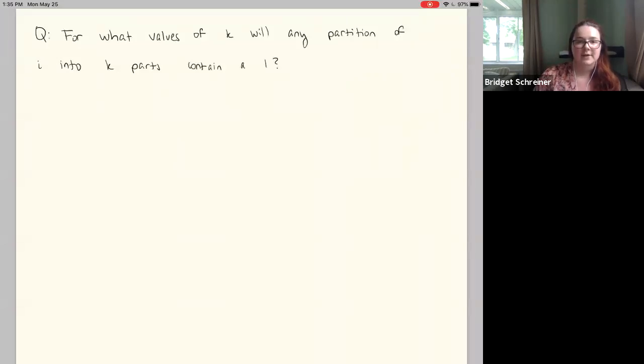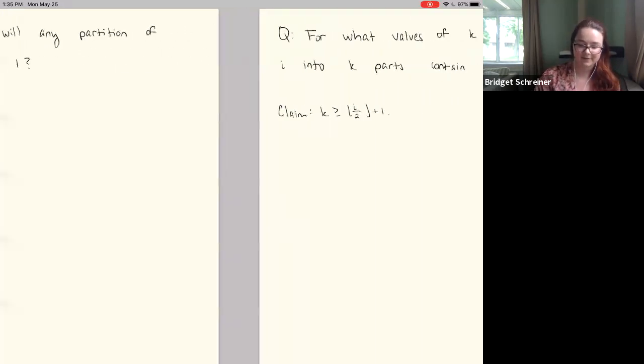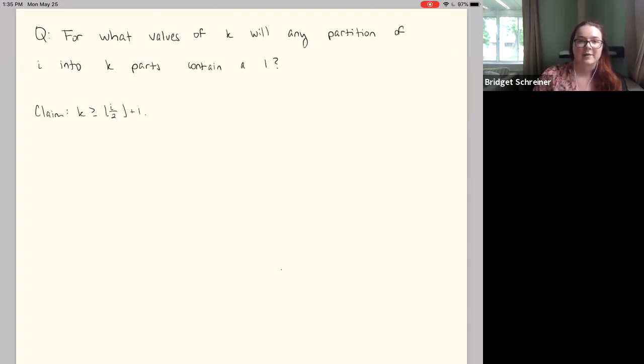So now the question of secondary stability for us in this model looks like just asking for which values of k will any partition of I into k parts contain a 1, which turns out to be an easier question to answer. So if you just take floor, for example, floor of I over 2 plus 1,